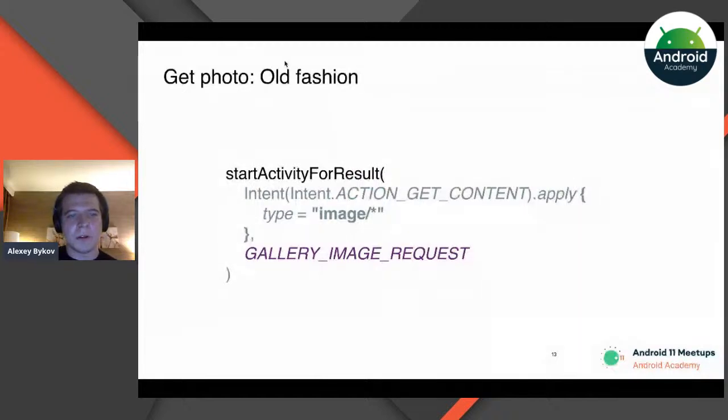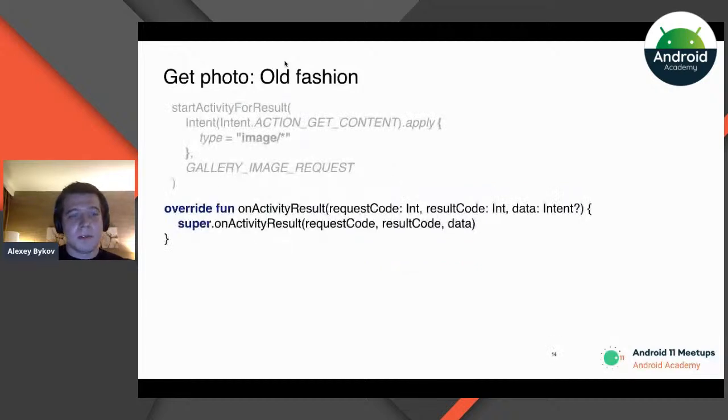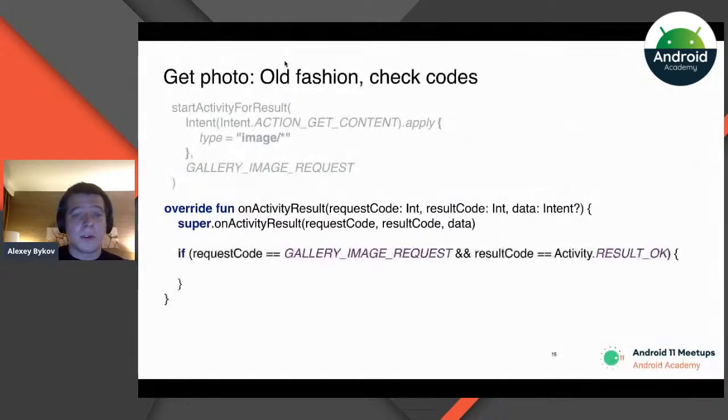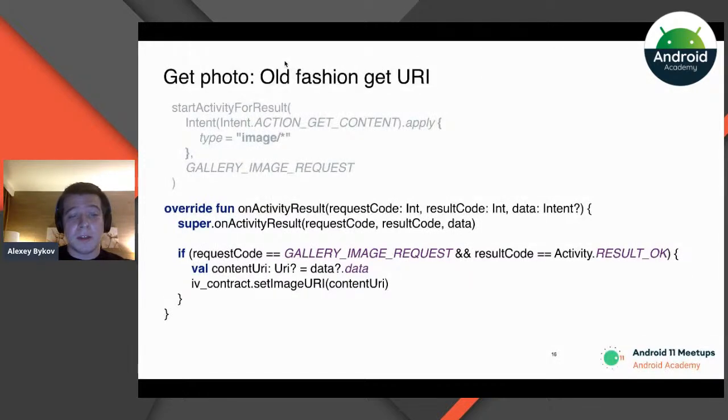After that, we can call the startActivityForResult method with our own created request code. Then we should override onActivityResult, check our request code and check our result code. Then it looks like we can get the data as a URI and set it to our ImageView. But actually, no. Now we should check it for null as well.